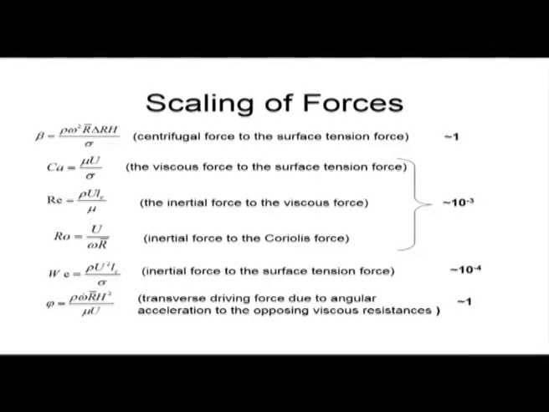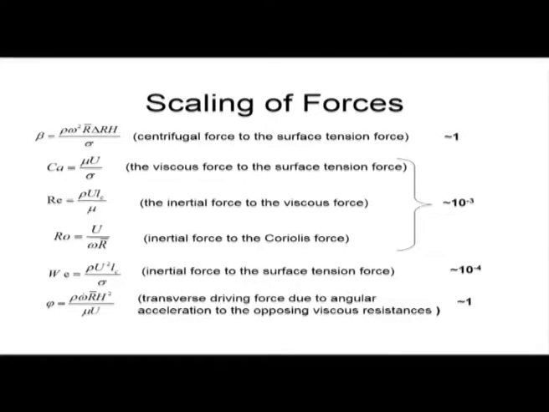Centrifugal force to surface tension force, you can see rho omega square R average delta R into H by sigma. That 2 factor is not important, scale will not matter. Then capillary number, viscous to surface tension force, this we have already discussed in thin film flows, this non-dimensional number. Reynolds number is the ratio of inertial force to viscous force, of course all of you know about it. Then this is called the Rossby number, inertial force to Coriolis force.